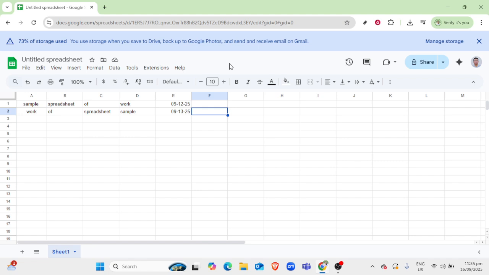Once your column is highlighted, place your cursor at the top of the highlighted area. You'll notice your cursor changing to a hand symbol. This is your cue that the column is ready to be moved. Click and hold with your mouse or trackpad, and drag the column left or right, depending on where you want it to go. For example, if you want to move it to where column D is currently positioned, drag it